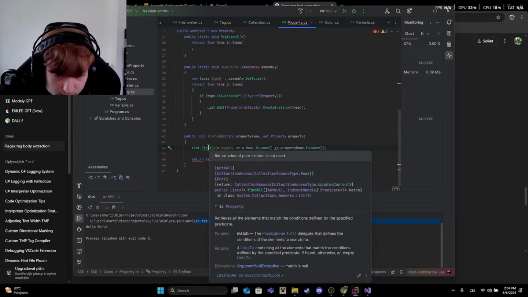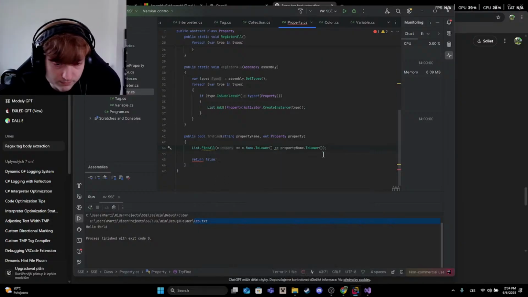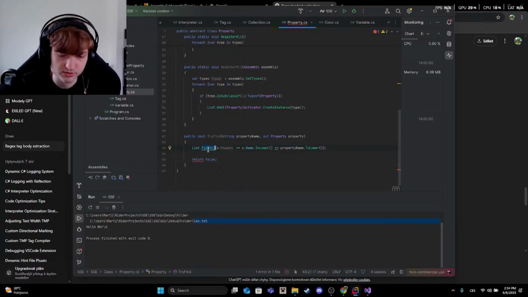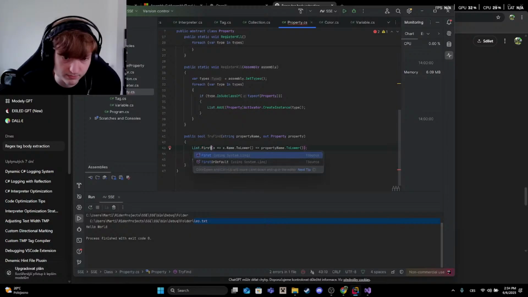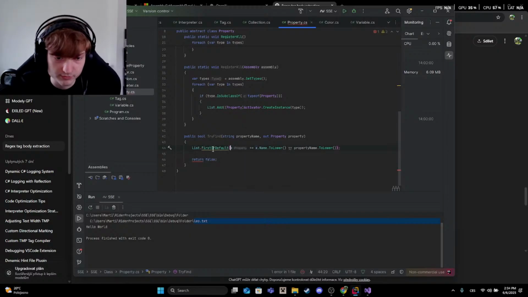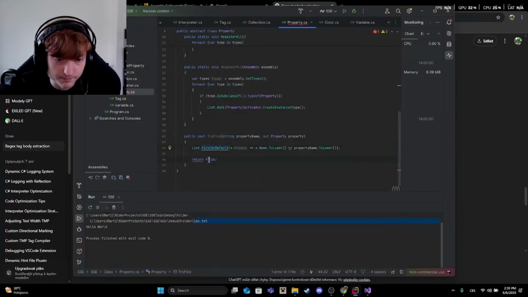Find all. It's not null. It's collection access pure return collection. So this will be find all. Wait, why find all? I can do just first or default, right? I will not have things that will be the same. So first or default, it can be null? Okay, so